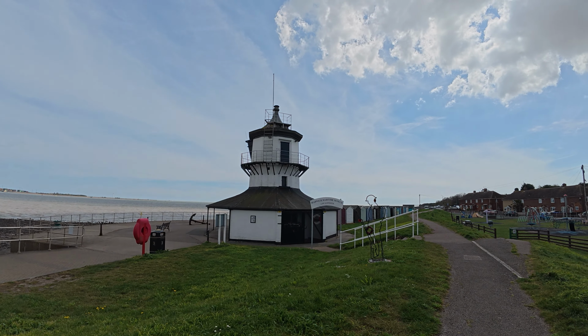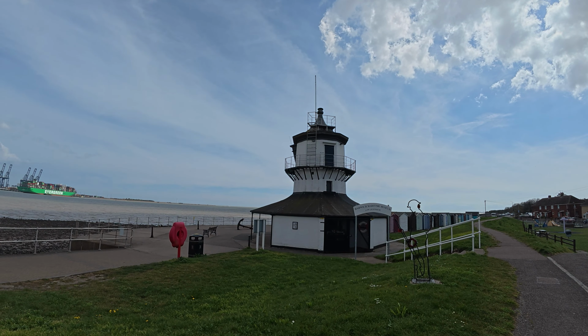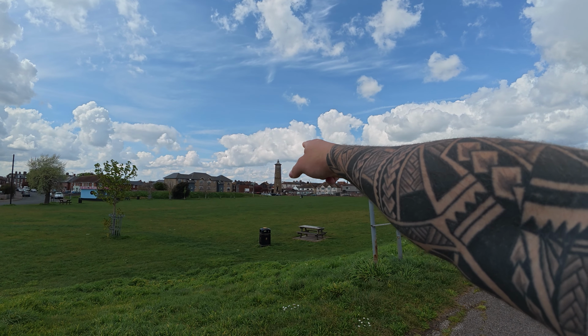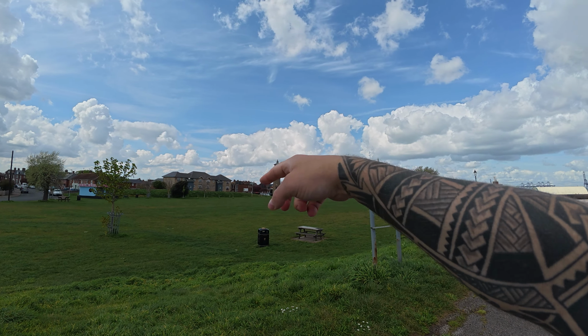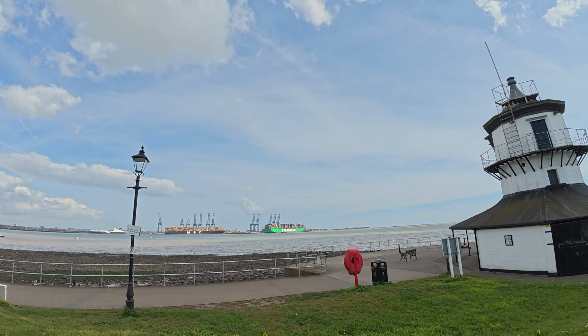I've just parked next to this place, Harwich Maritime Museum, Low Lighthouse, which looks closed. And then I saw just to the left of that lighthouse, which looks pretty cool, there's a museum just there as well. Hopefully one of these places is going to be open. Otherwise, there's not going to be much to see. Over there though,